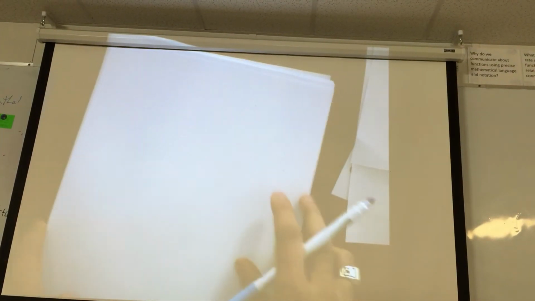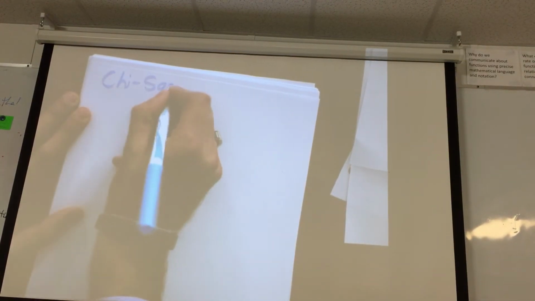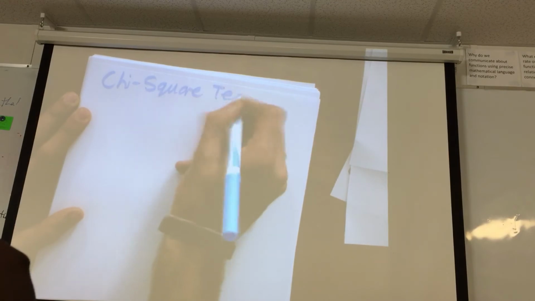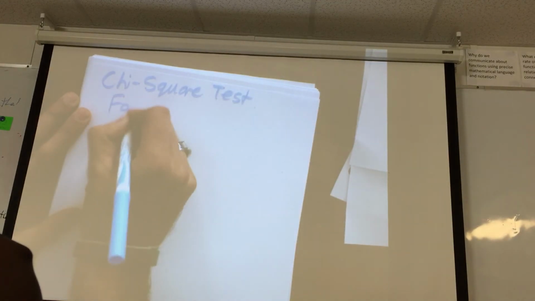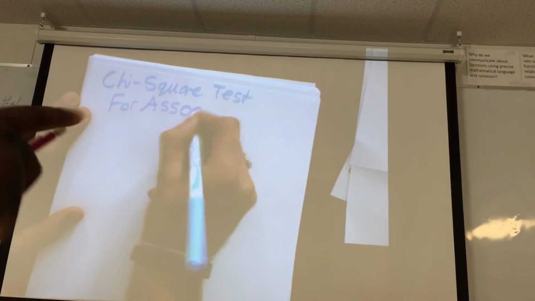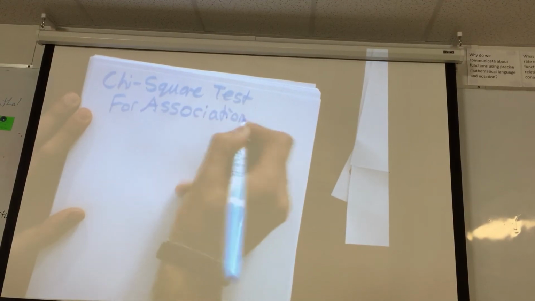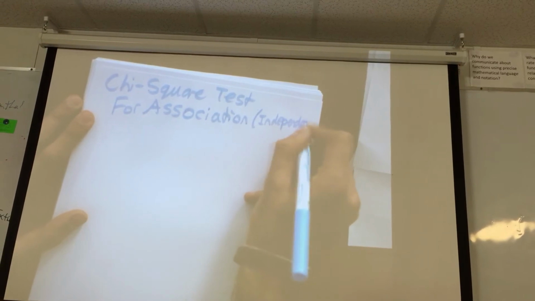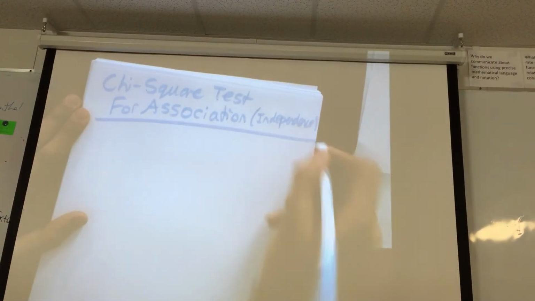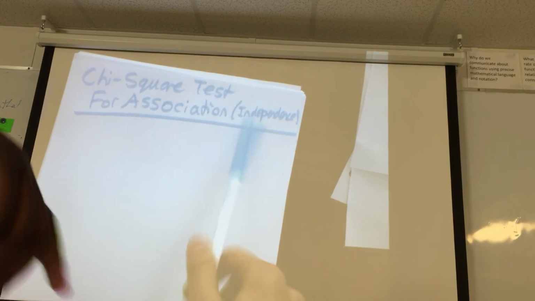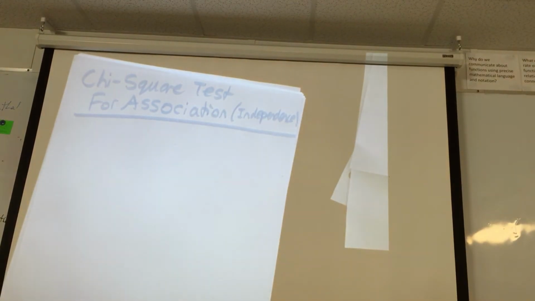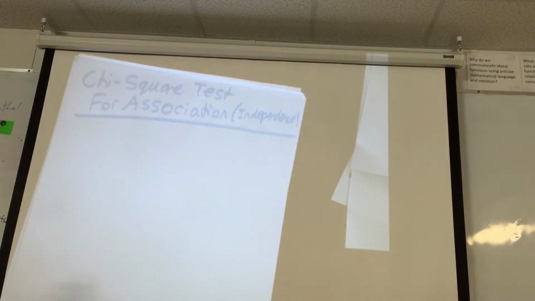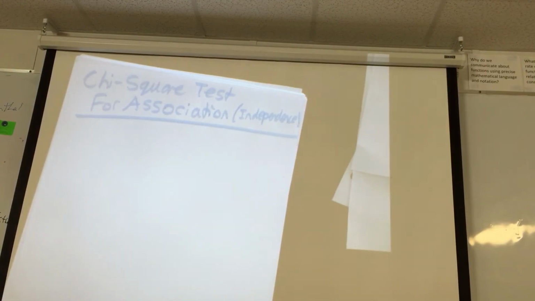So, there are 2 other chi-squared tests, and the first one I want to talk about is chi-square test for association, and in parentheses, I'll put independence. The chi-squared test for independence